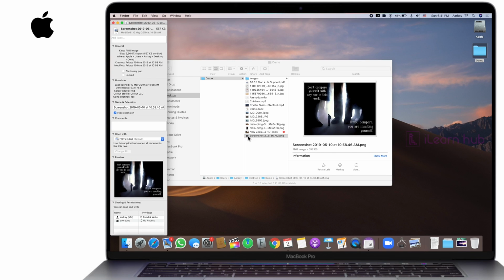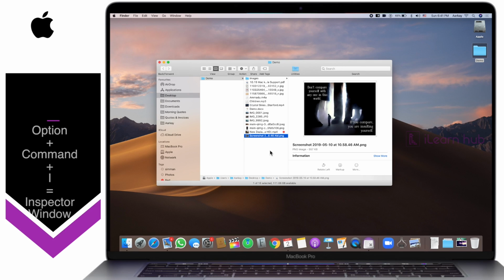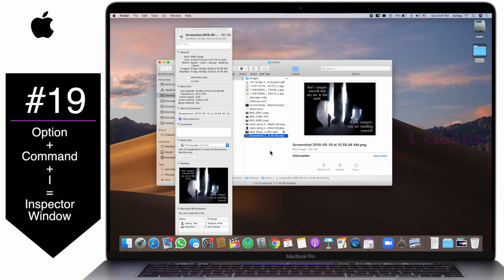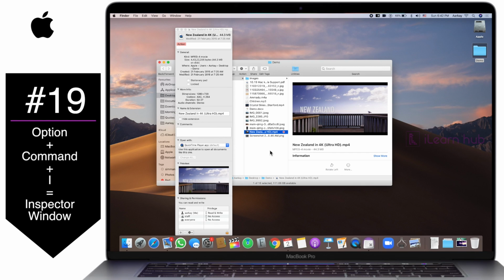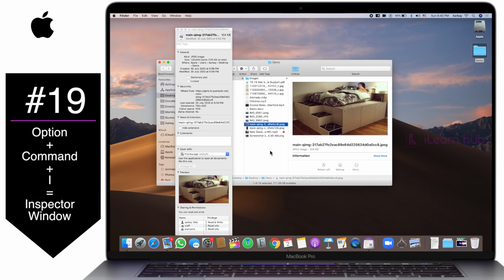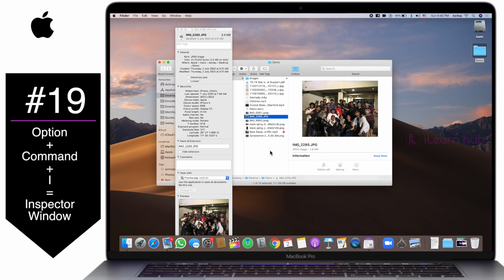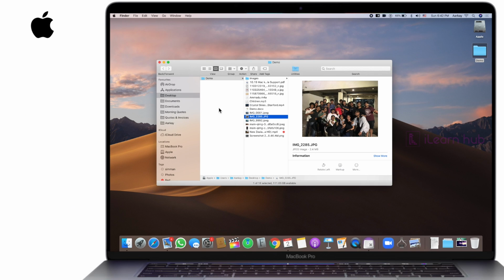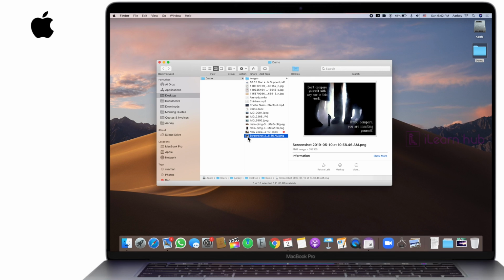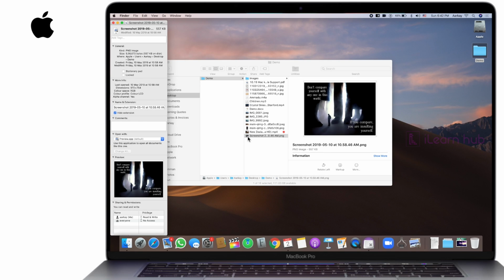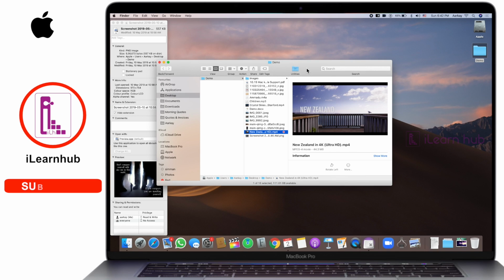Let me show you another tip. Use Command I, you will see Get Info. But use Option Command I, it shows the inspector window. Then when I use the up arrow or down arrow, it automatically changes the information even in the inspector window. But see the difference. If I select a normal window, use Command I, and use the up arrow, you will get a ding sound, but nothing changes.